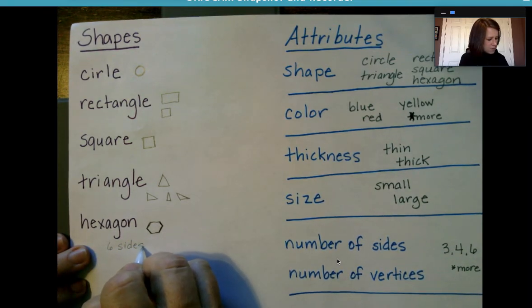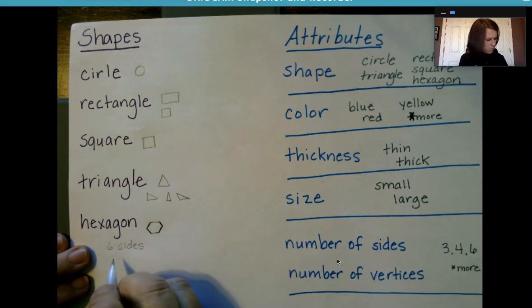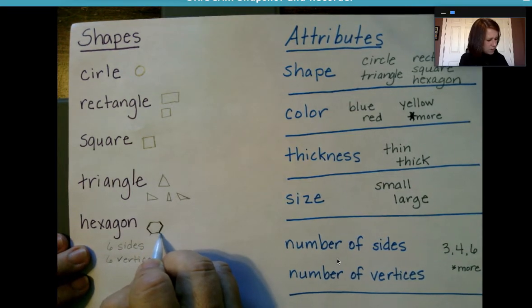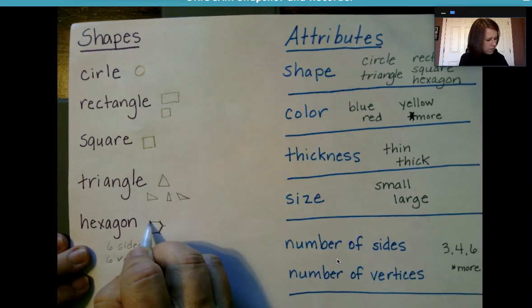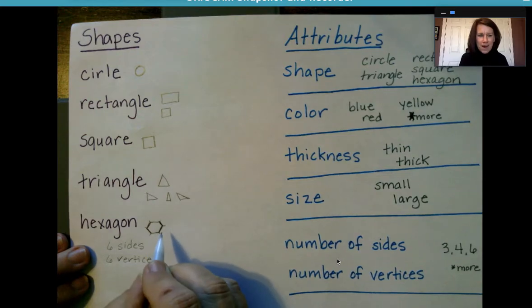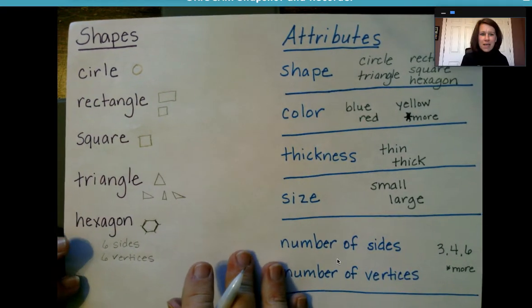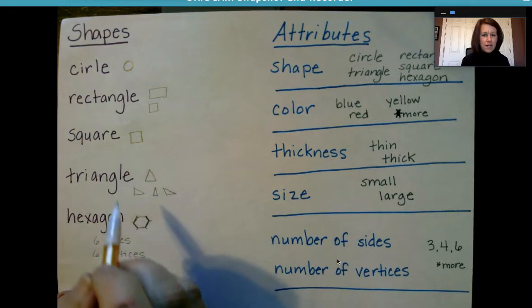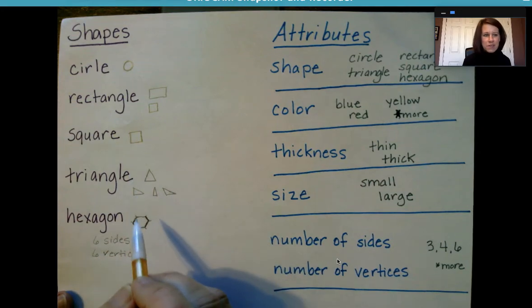I'll write that down to remind you. Oh, wait, are you remembering what a vertex is? That's right here. 1, 2, 3, 4, 5, 6. You're right, it's the corners. 6 of those. Today, mathematicians, I want to teach you that we can sort and identify shapes and blocks by